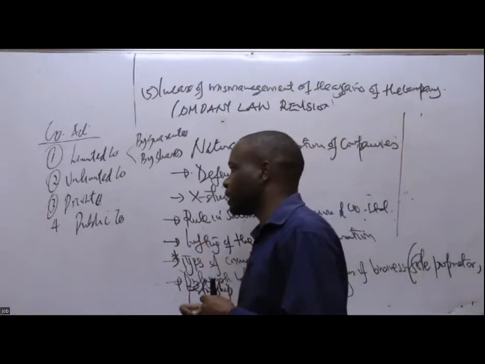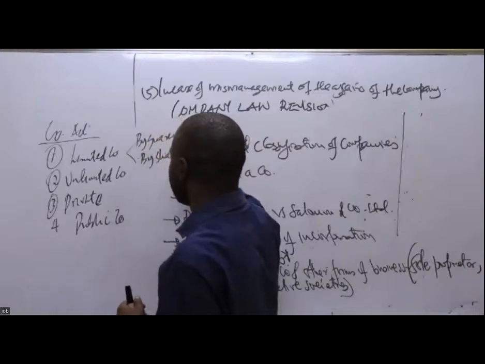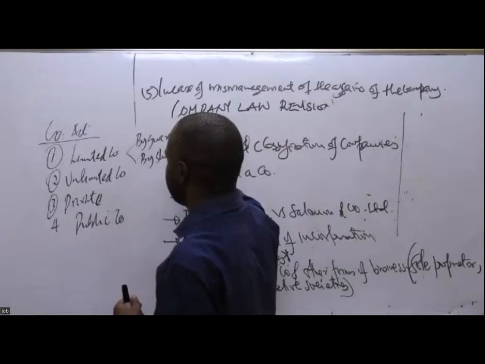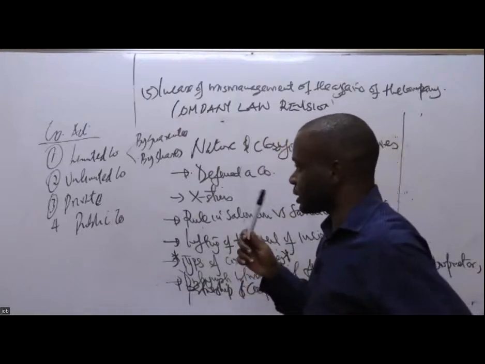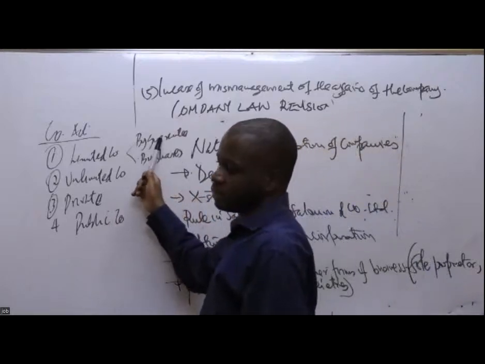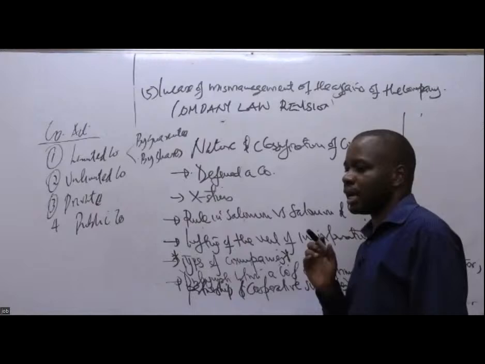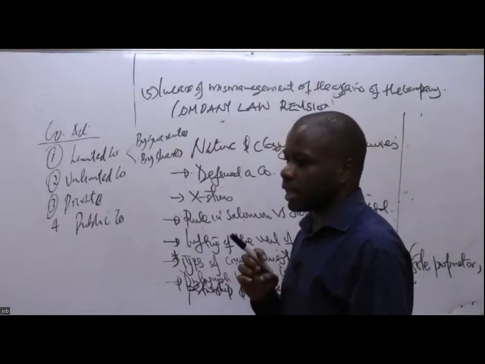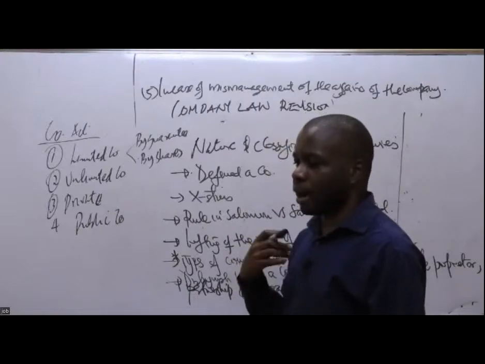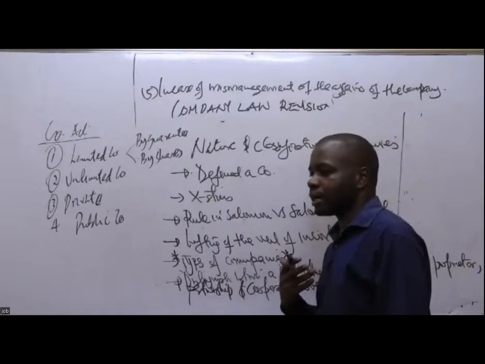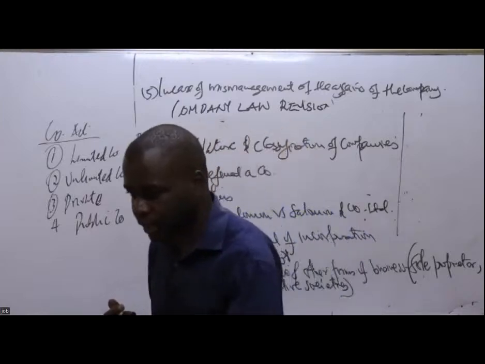Deni yako kwa hiyo kampuni iko na kiwango inafika. Either by the guarantee you've given, you'll be able to pay how much on the assets in case the company is liquidated, or the number of shares you hold in the company. For example, when you say it is limited by guarantee, a company that is limited by guarantee is a type of a company whereby the liability of a member is limited up to the extent, and the extent is the amount he has guaranteed as to how much he will be able to contribute towards the assets in case the company is liquidated.